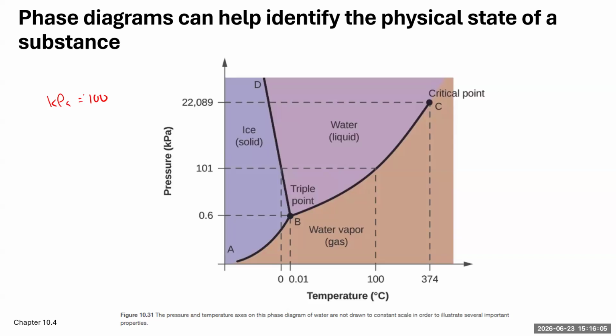We don't need to know much about gases till later, but this is the generic amount of pressure, just 100 kilopascals. And let's say we're starting at, let's say, 300 degrees Celsius. So right here. So start point,